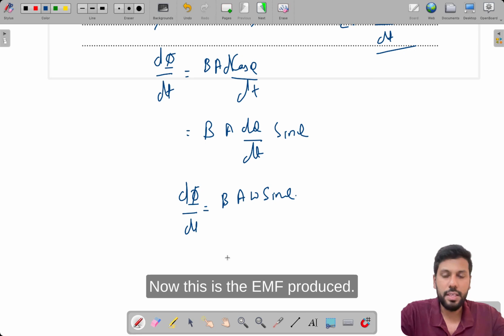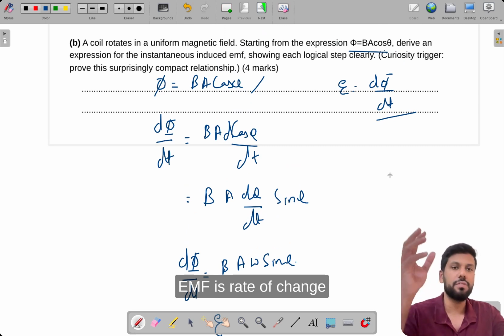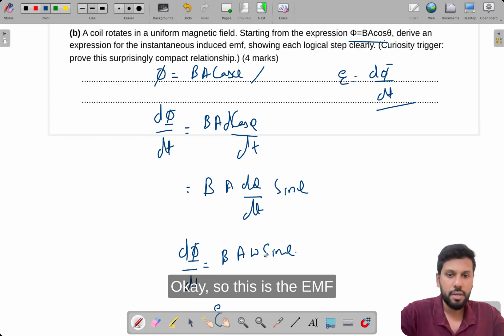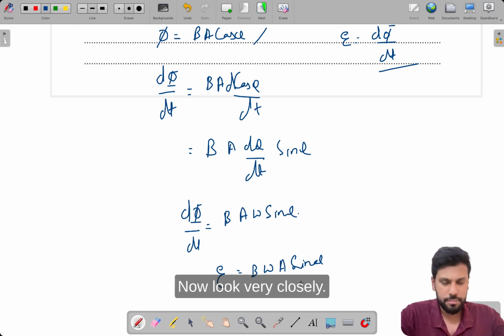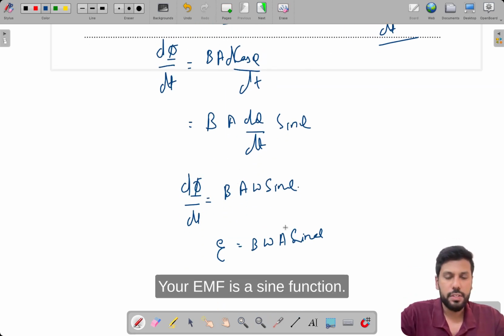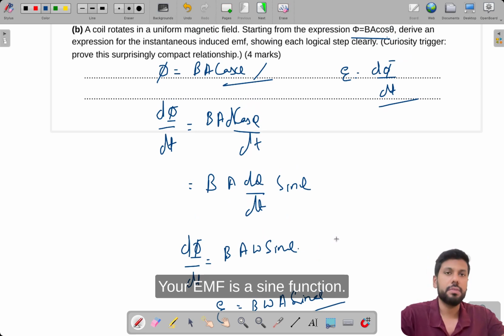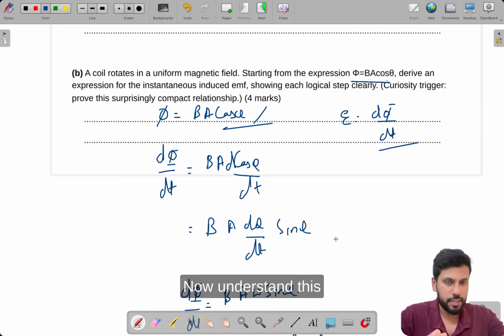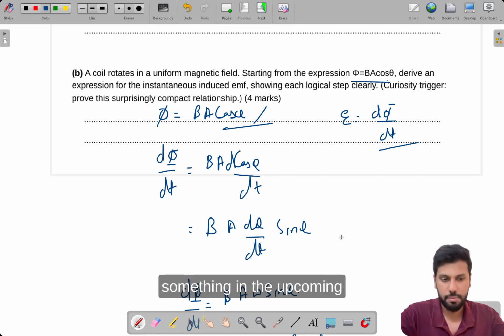Now this is the EMF produced. Now look here, students, this is the EMF produced. I told you EMF is the rate of change of the flux. So B omega A sine theta is the EMF produced. Now look very closely. Your flux is a cos function. Your EMF is a sine function. Now understand this particular logic very clearly, because we are going to use this in the upcoming